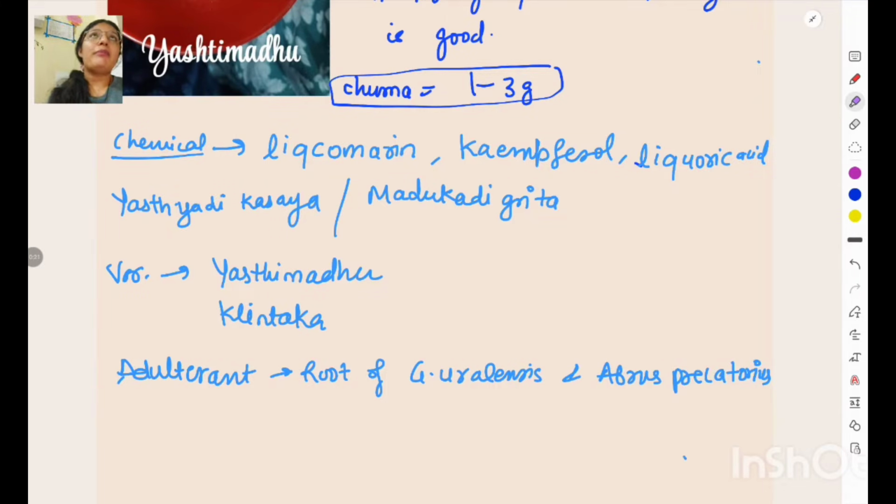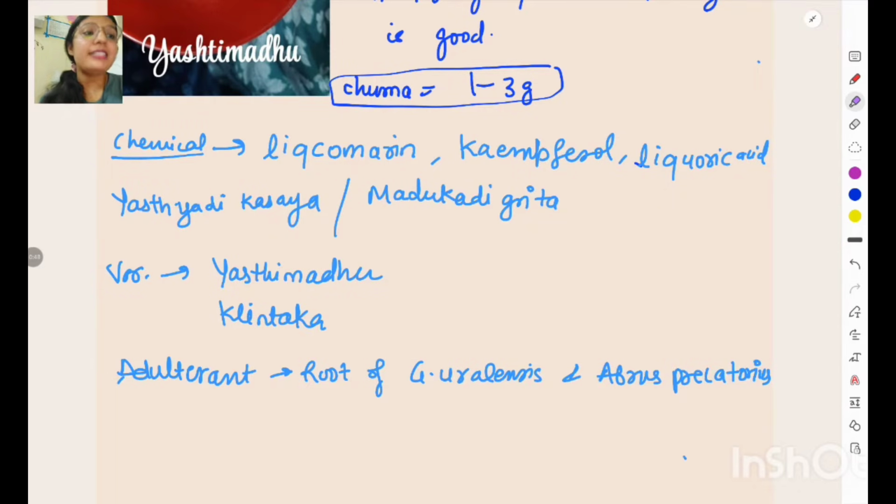Sometimes, if any drug came, then we can easily write, oh, Ashoka Gritam or Vidangadi Telam, like that. But some drugs have some specific formulation, so try to remember that. For example, this Kumari aloe vera has Rajya Parvartani, one of the widely used tablet forms, so try to remember those important formulations. Okay, so two varieties are there, Yashti Madhu and Klitantika,